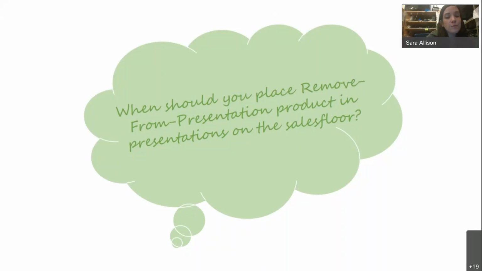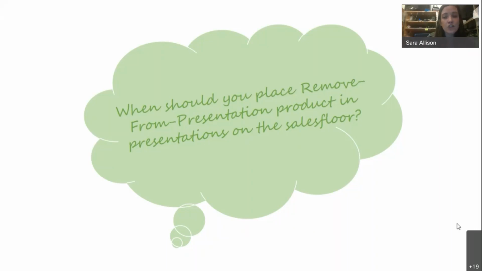But I do think that removing from presentation products can be really useful in bridging that time, especially when we're waiting for late arrivals. If we know something's coming within the next week or two, can I substitute this item for a little while, as long as I have a good run of it, a full size assortment, a good amount? It's fitting into the storytelling of the new presentation, so it's not some wild color story that I'm just trying to place here. It really fits within my storytelling.